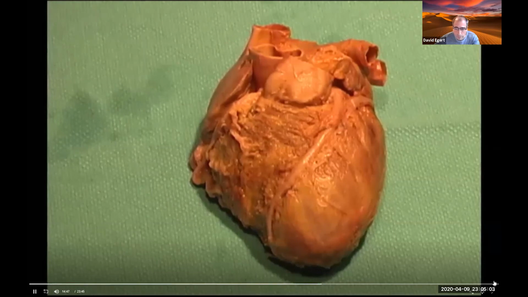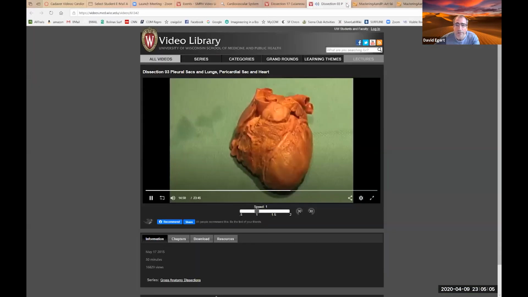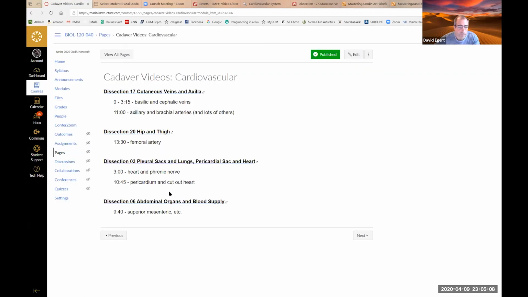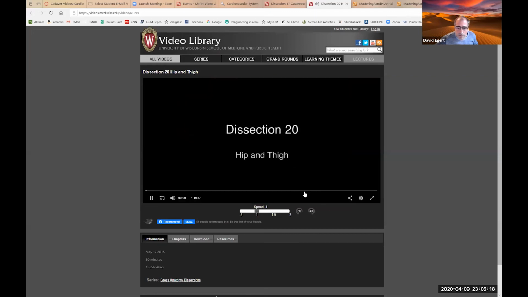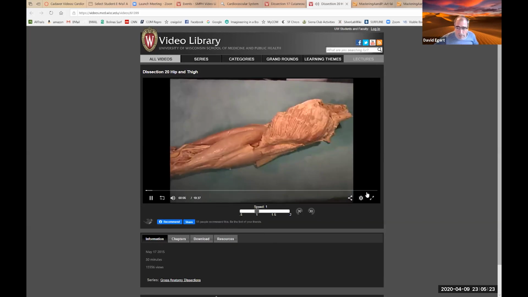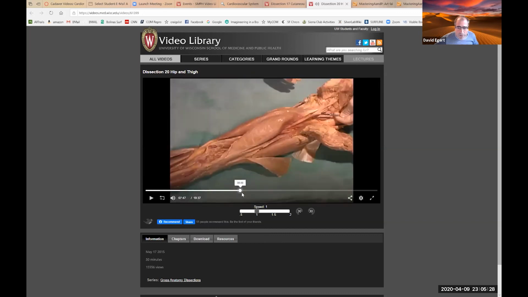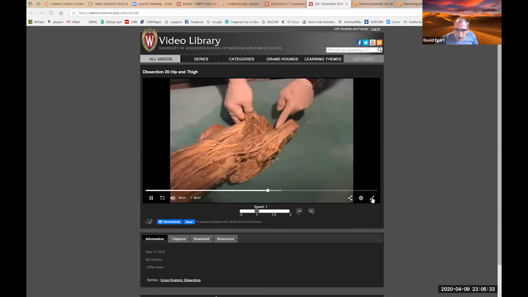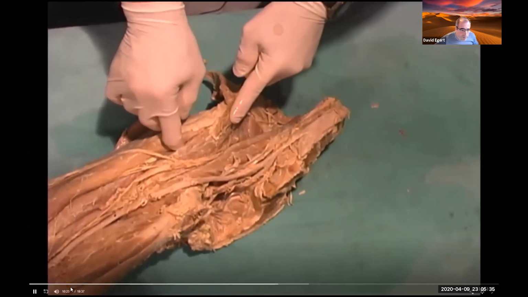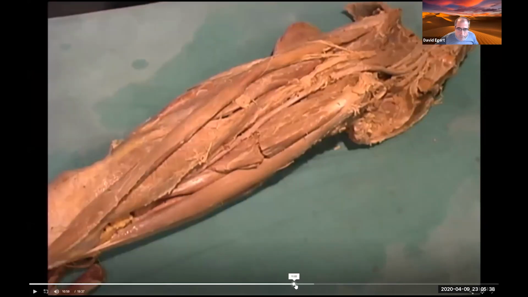Surface of the heart, identifying some of the major vessels and the position. Okay, back to here. This one I have is 1330. This is the section of the muscles of the hip, thigh, and related vessels. From the lateral surfaces of the vertebra, they continue down to form a common muscle belly, the iliopsoas muscle, which